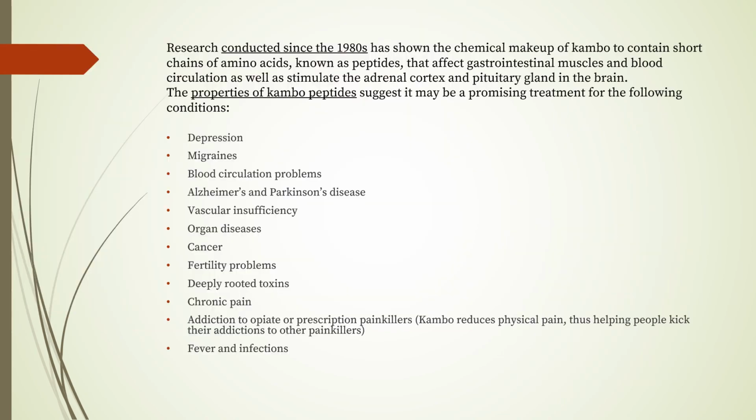Research conducted since the 80s has shown the chemical makeup of Kambo to contain short chains of amino acids known as peptides that affect gastrointestinal muscles and blood circulation, as well as stimulate the adrenal cortex and pituitary gland in the brain. The properties of Kambo peptides suggest that it may be a promising treatment for the following conditions: depression, migraines, blood circulation problems, Alzheimer's and Parkinson's disease, vascular insufficiency, organ diseases, cancer, fertility problems, deeply rooted toxins, chronic pain, addiction to opiate or prescription painkillers, as Kambo reduces physical pain, thus helping people kick their addictions to other painkillers,